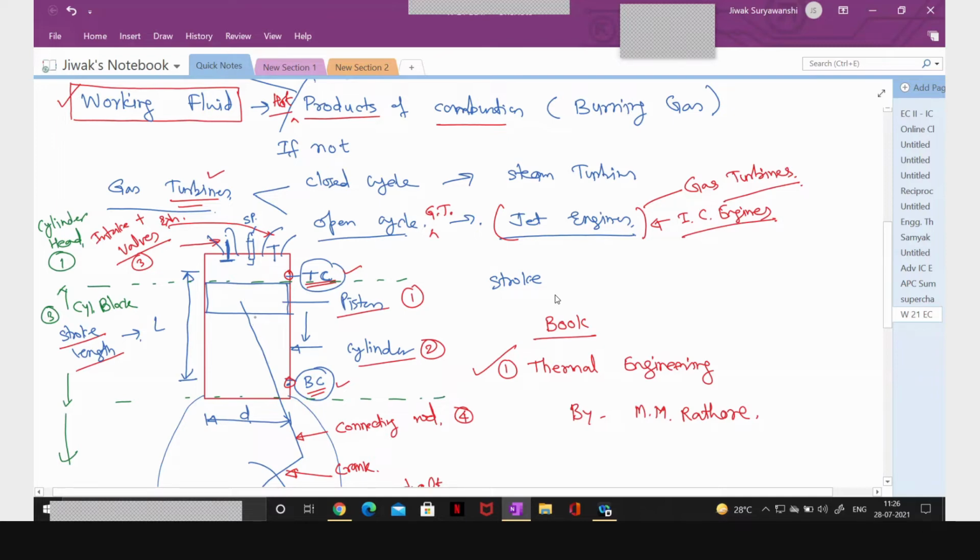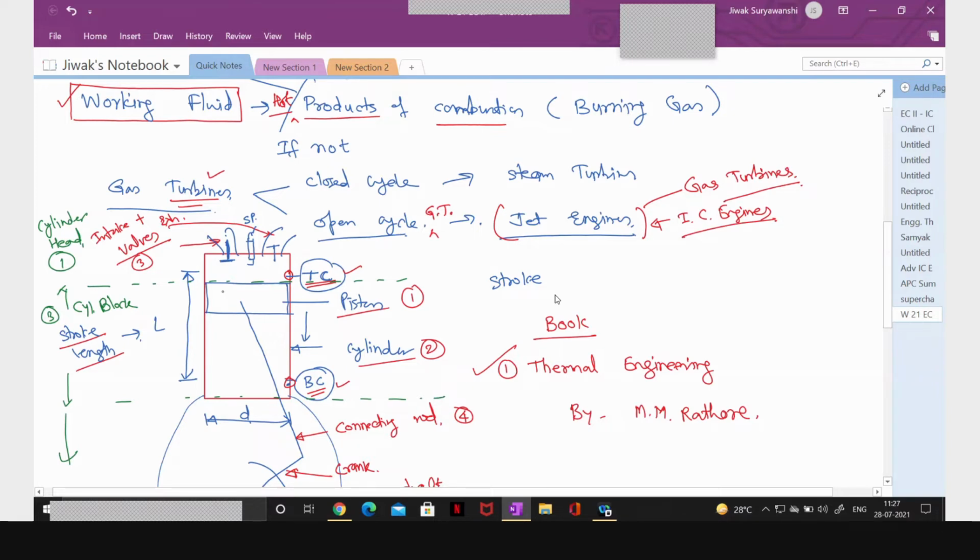Okay, forcing the gases from the cylinder to the atmosphere. So that's why this is a mechanical cycle. The initial condition and final condition are not the same, but we are considering them the same to simplify the calculation. We are assuming it. So this is a mechanical cycle. The piston is forcing the exhaust gases or burnt gases, which are of no use, from the exhaust valve to the atmosphere, and that is taking place during the exhaust stroke.